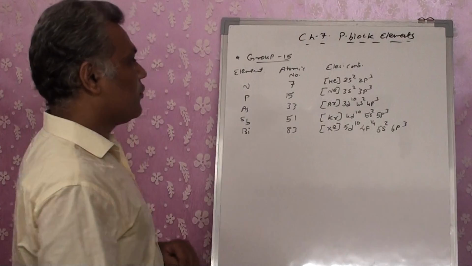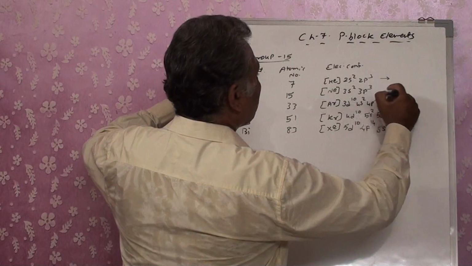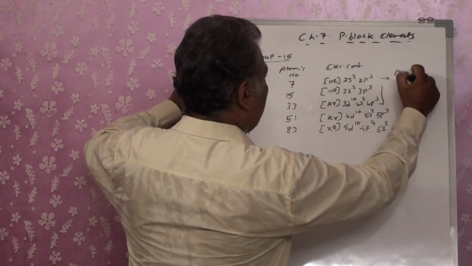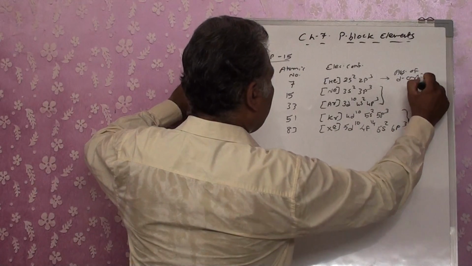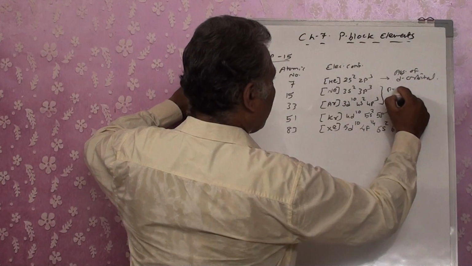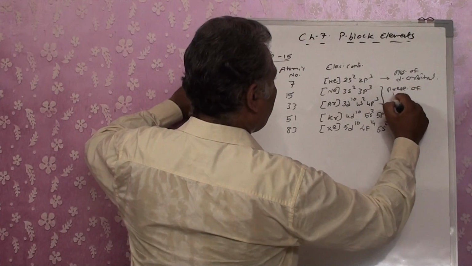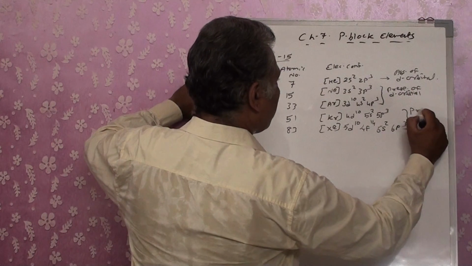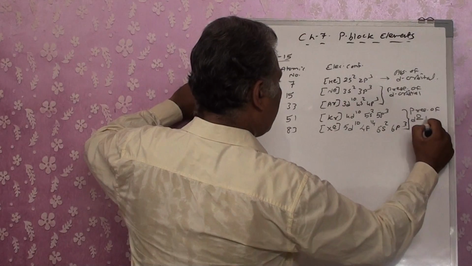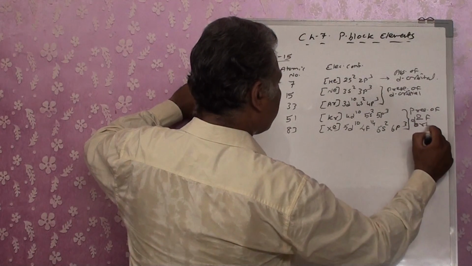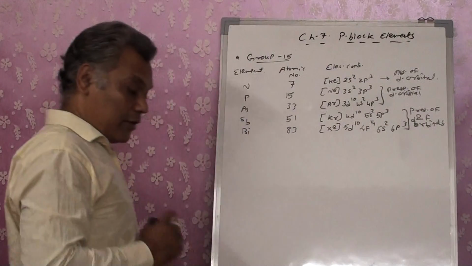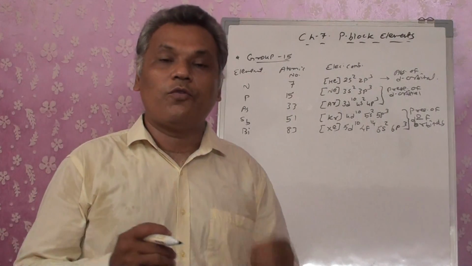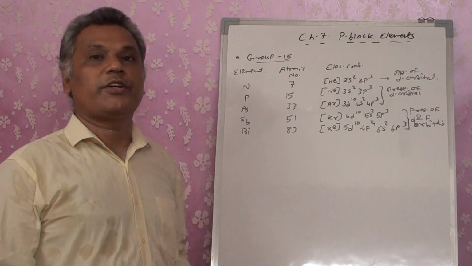So that means this shows that in nitrogen there is an absence of d orbitals. Here in phosphorus there is also an absence of filled d orbitals, in arsenic and antimony there is presence of d orbitals, and in bismuth there is presence of d and f orbitals, right? So the trends that are going to be affected, we can find out over here, and what are the reasons behind these trends, right?